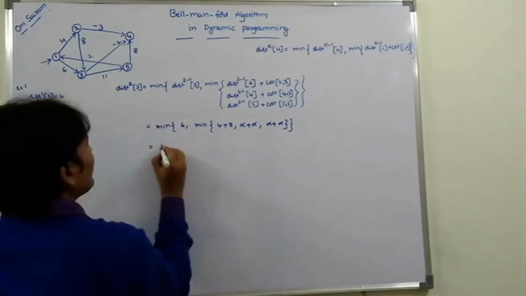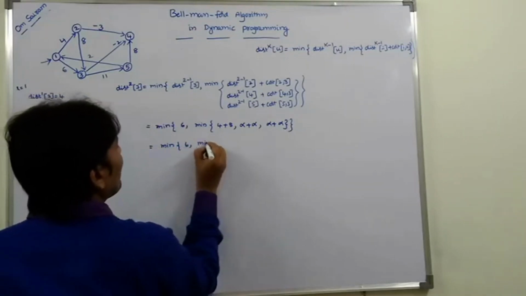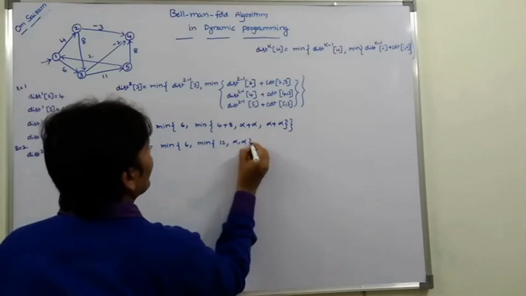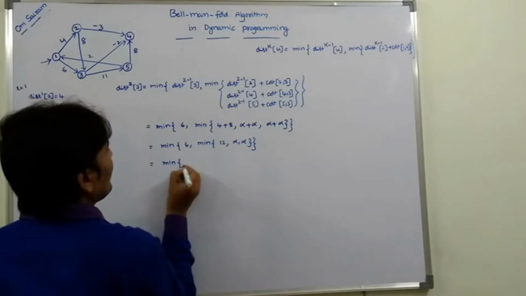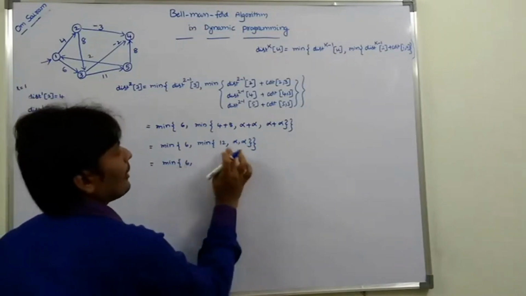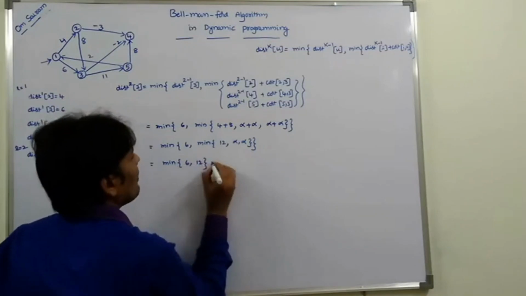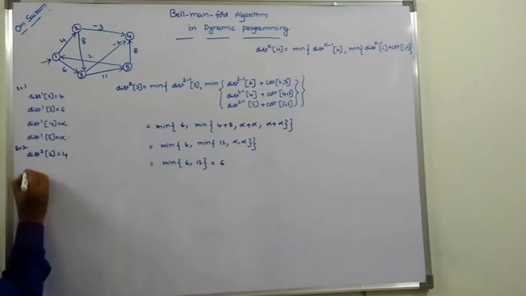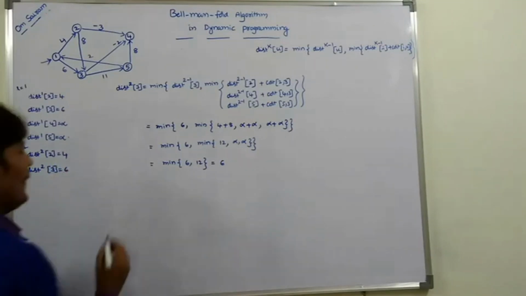So that is equal to minimum of 6 comma minimum of 12 comma infinity comma infinity. So minimum of 6 comma minimum of 12 comma infinity is 12. So minimum of 6 comma 12 is equal to 6. So therefore dist2 of 3 is equal to 6. Now